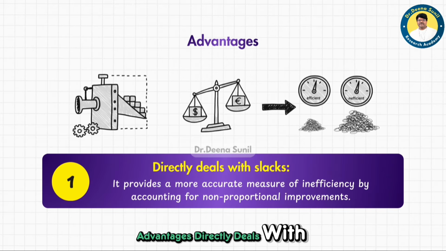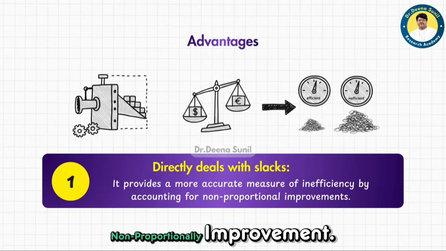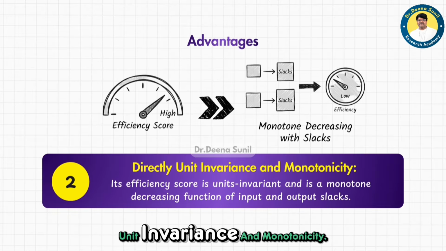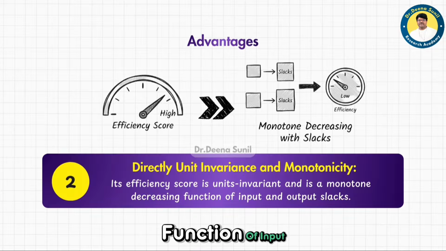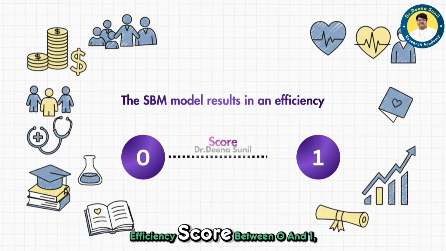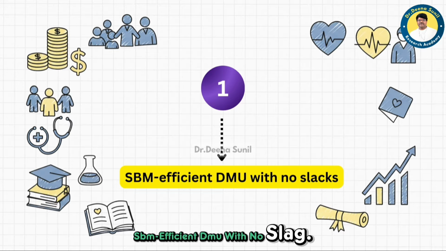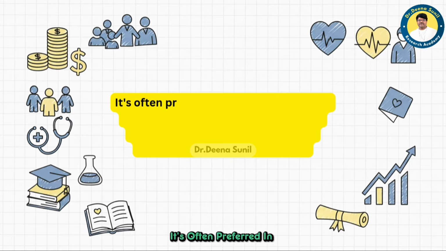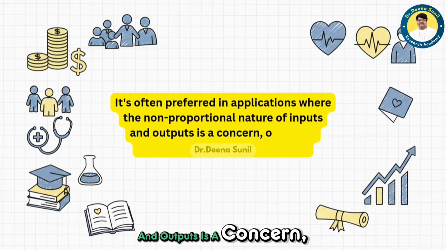Advantages: it directly deals with slacks. It provides a more accurate measure of inefficiency by accounting for non-proportional improvement, unit invariance and monotonicity. Its efficiency score is unit invariant and is a monotone decreasing function of input and output slacks. The SBM model results in an efficiency score between 0 and 1, where 1 indicates an SBM efficient DMU with no slack. It's often preferred in applications where the non-proportional nature of inputs and outputs is a concern, offering a